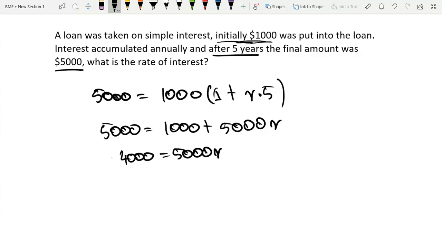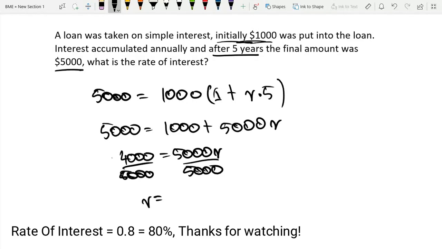Now we can divide both sides of the equation, let's do this right, sorry, my head. Dividing by 5,000 on both sides to isolate the variable r gives us 4,000 over 5,000, which is 0.8. So our rate equals 0.8, which is equal to